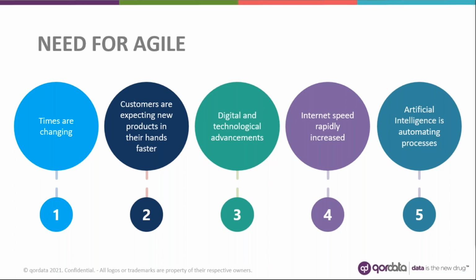Every industry from retail to software development is being disrupted by digital and technological advancements. Drones are delivering packages, 5G is processing at unthinkable speeds, 3D printing is allowing people to enter and disrupt new industries, and artificial intelligence is automating processes that we never trusted to be outside of human hands.